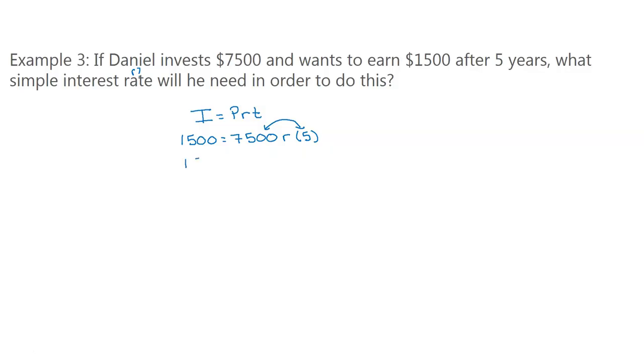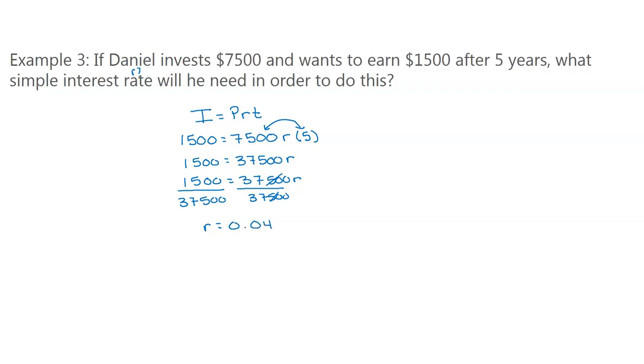Multiplying these two together, we get 37,500. Now we need to divide both sides of the equation by that value. So that cancels, and we get R is equal to